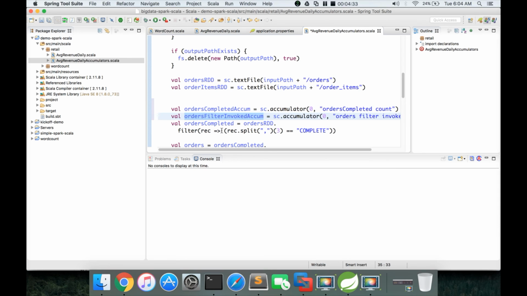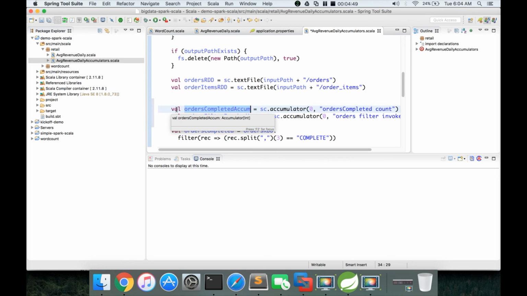Now we have to update our transformation function, which is filter, to increment those values. The way you define the accumulators is by giving a name with val, and then sc, which is the Spark context, has a function called accumulator. In that you have to give the initial value and, optionally, a counter name.